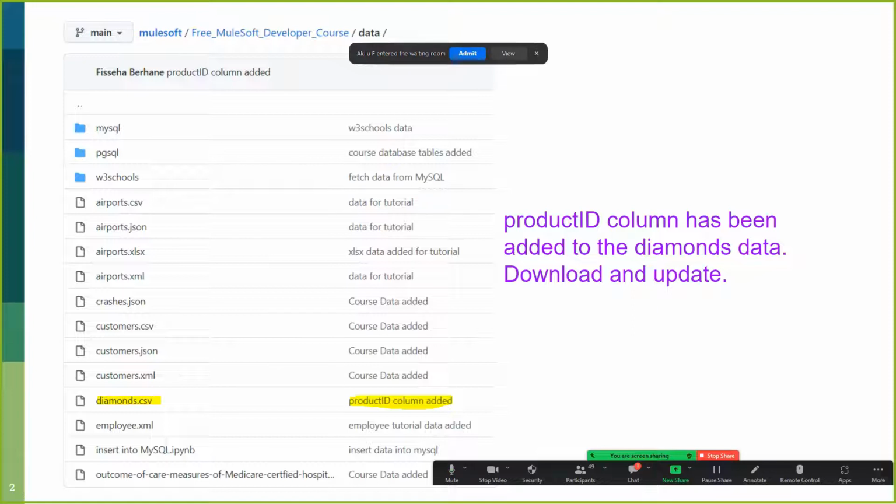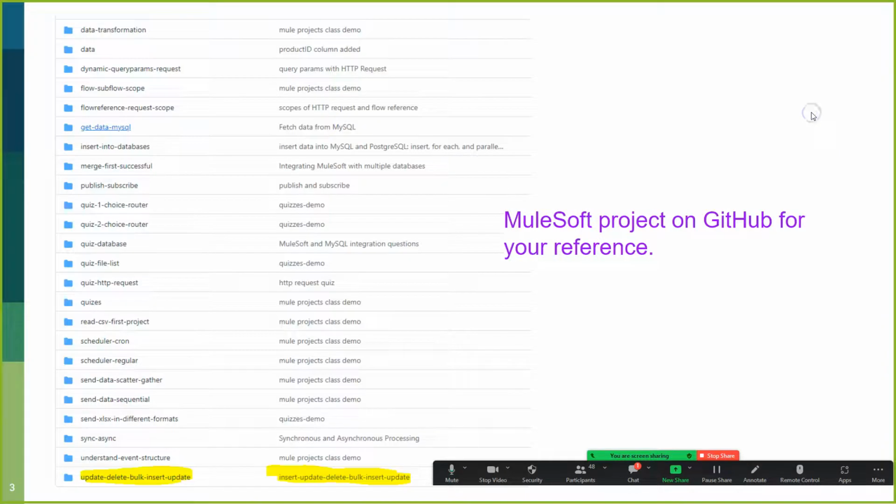So if you have the diamonds.csv data on your computer, that you downloaded before, please delete that and download again. If you have not done it at all, please download the diamonds data and practice the content that we are covering. And today's project, I have pushed it to GitHub. It is this project that you see highlighted at the bottom: update, delete, bulk insert, and bulk updates. That is what we are going to see. So once we see it today, as usual, get it from GitHub, use it for your reference, and if you get stuck somewhere, compare yours with what is there, and that can help you to fix any issues you may